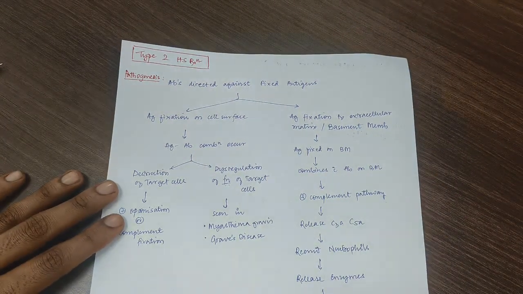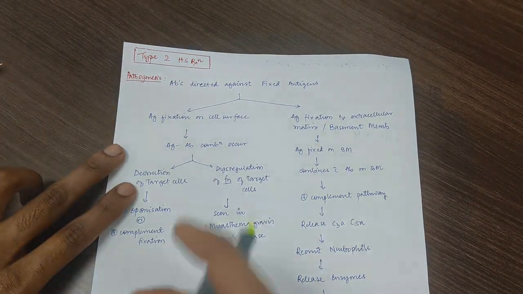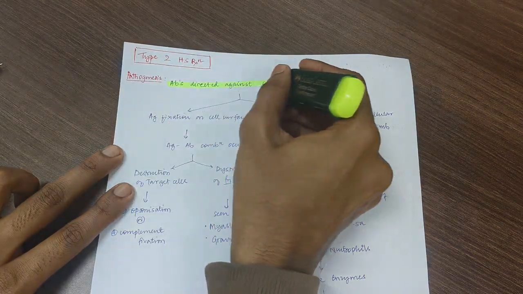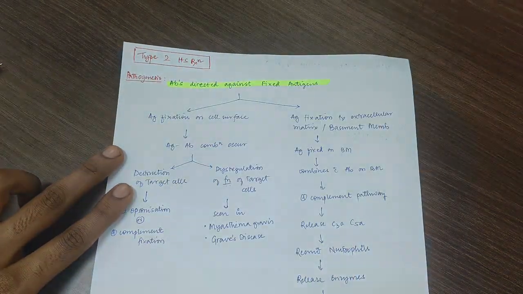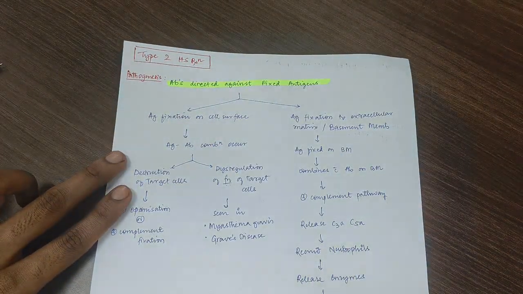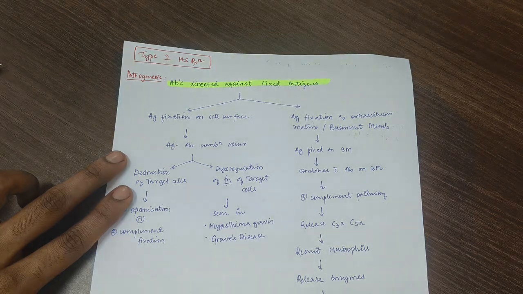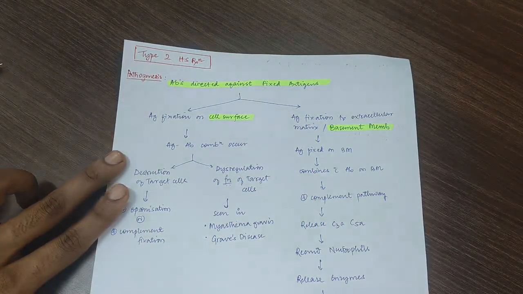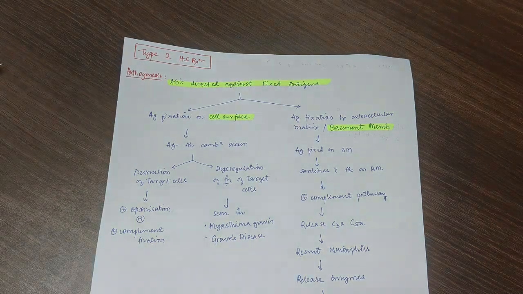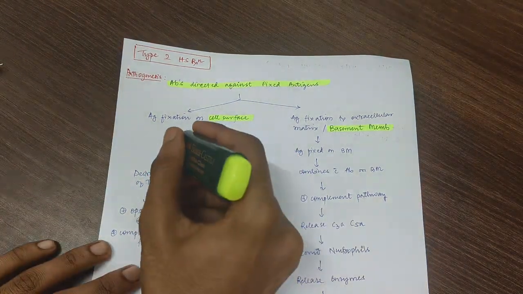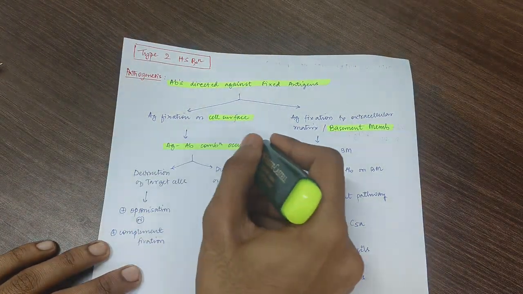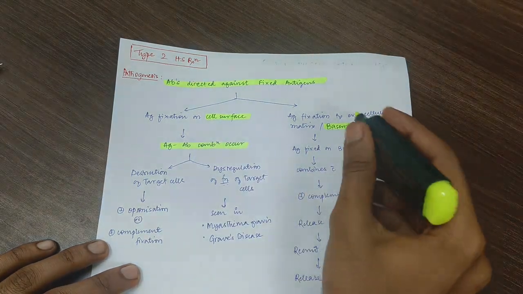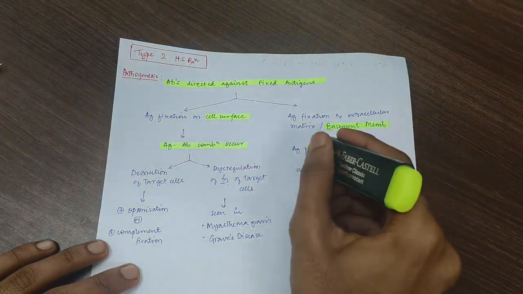Next, type 2. Antibodies are directed against fixed antigens. There are two types of fixation: one is on the cell surface, the other is on the basement membrane. There is antigen-antibody combination occurring on the cell surface. Next, in the basement membrane, the antigen is fixed on the